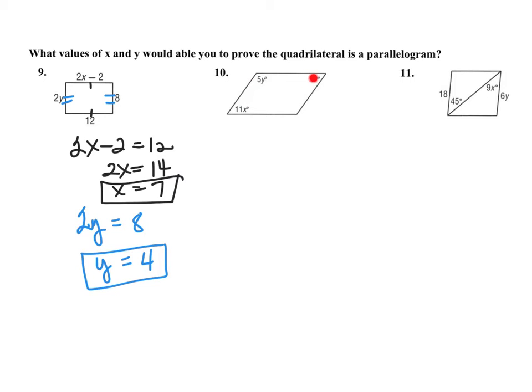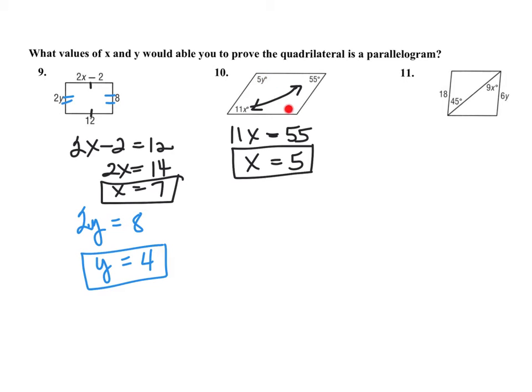I have 3 labels here in angles, and I need to make sure that I have a parallelogram. Okay, so for this to be a parallelogram, I would need for my opposite angles to be congruent. So let's solve for the x first. So I'm going to put that 11x equals the opposite angle, 55. So if I divide by 11, I get 5. And so x would have to be 5 for this to be a parallelogram, but I still need for these